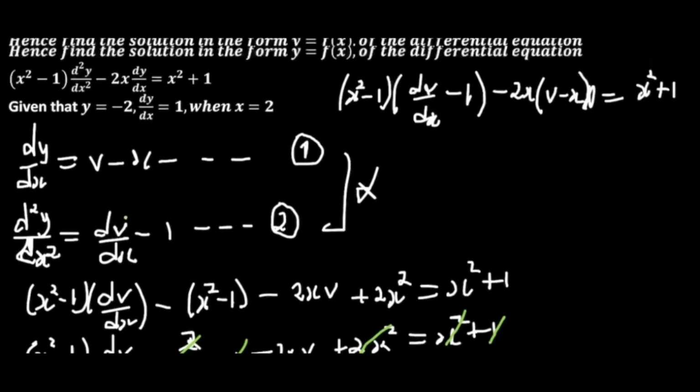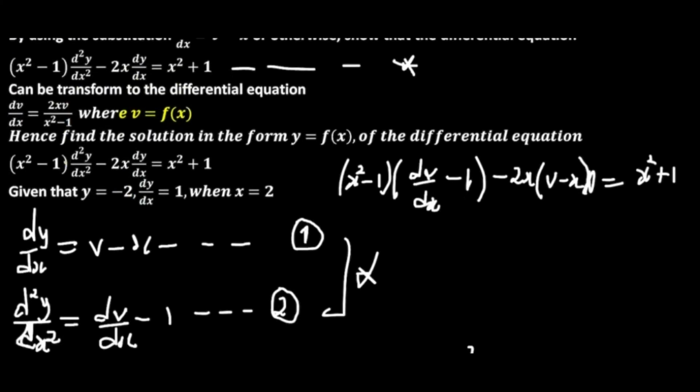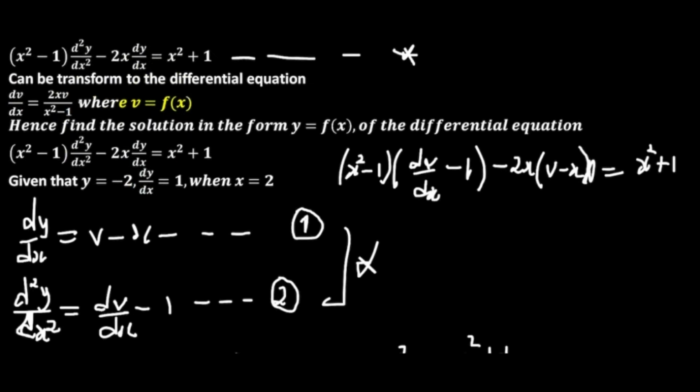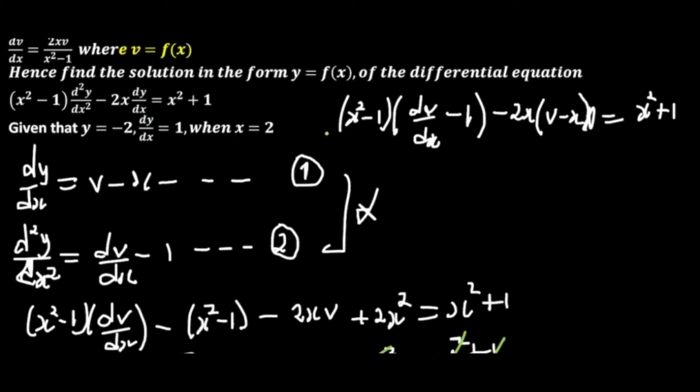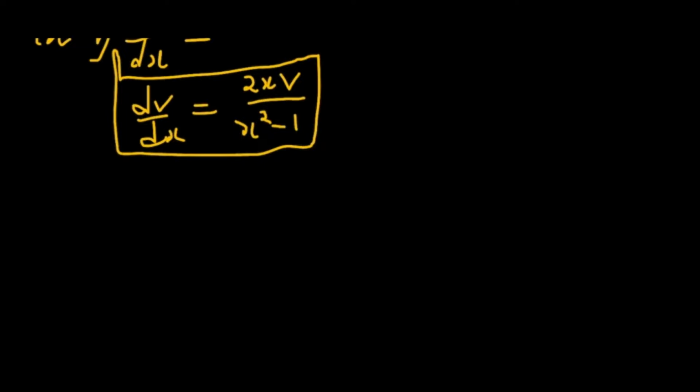The equation that we were asked to transform. Great. So we have already transformed our differential equation to this. They said, hence, find the solution in the form y equals f of x. So here we want to look for a solution in the form y equals f of x. So what we need to do here is just to separate our variables, and to do that we're simply going